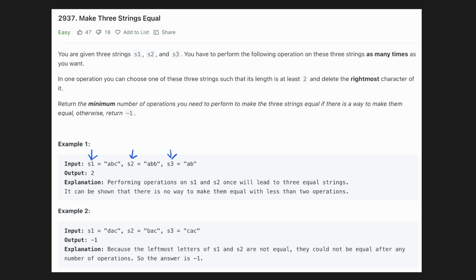In this problem, we are given 3 strings and we can perform multiple operations such that we can delete the rightmost character of a string of size at least 2 to make all these 3 strings equal. In the first example, these 3 strings are not equal, so we'll remove the last character of the first and the second string. Now we can see that the 3 resultant strings are equal and it took 2 delete operations